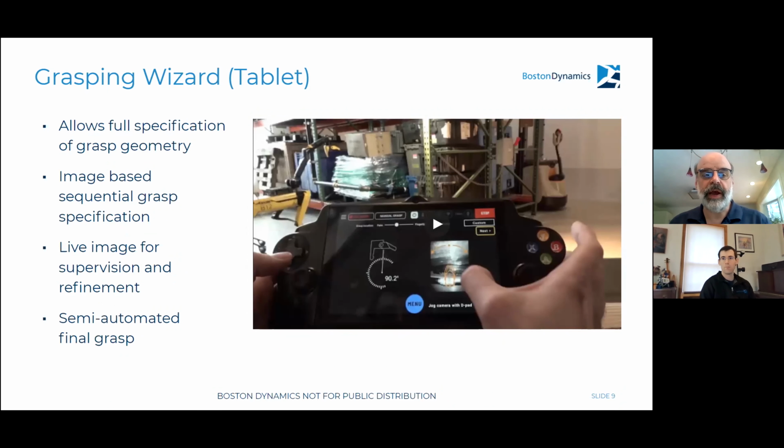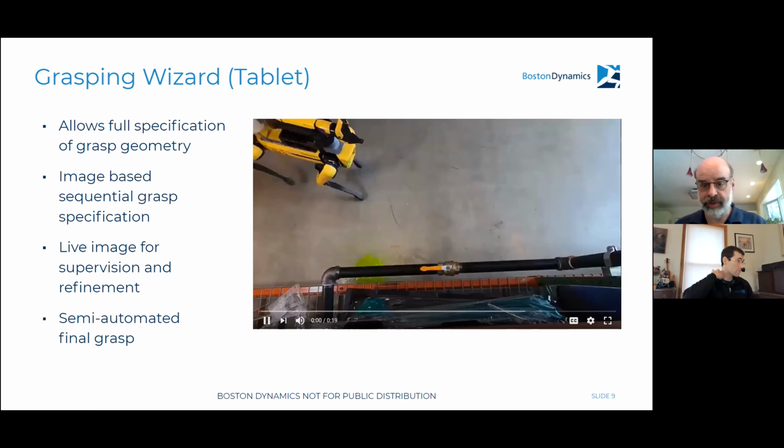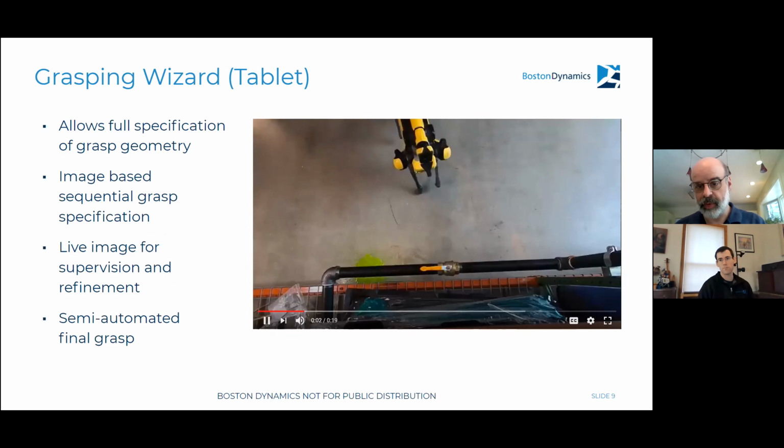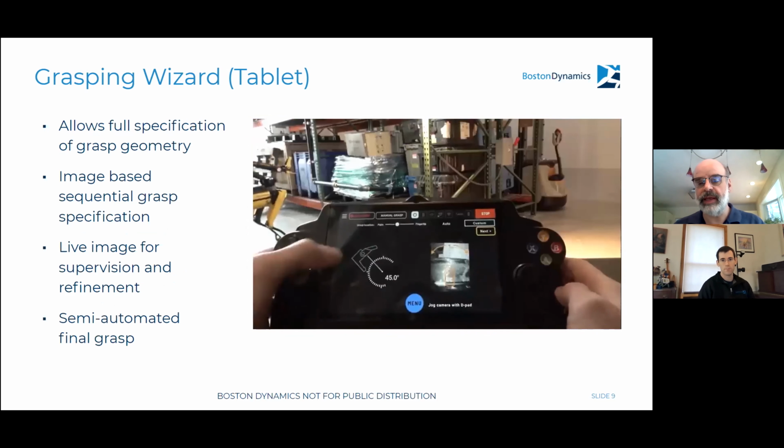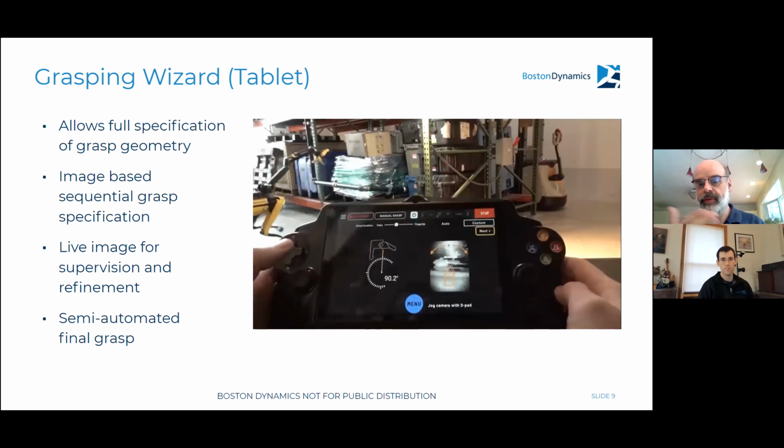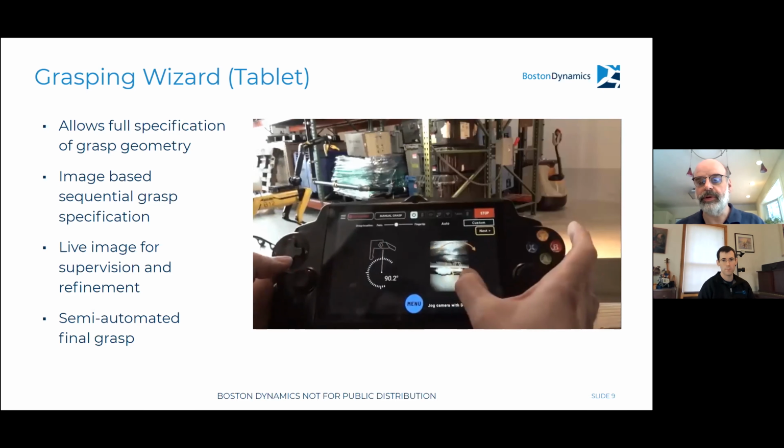The second version of grasping is this grasping wizard, which is significantly more precise in terms of what it allows you to do. So let's look at another segment out of that first video we showed you. This is for doing this precise grasp. What we do is we take you through an image-based sequence of specifying the actual grasp. If you watch the video closely, the robot walks off towards the quarter turn valve. The user clicks, hey, this is the thing I want to go interact with. The robot moves the gripper to be close to that object,